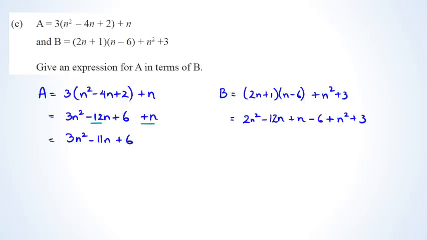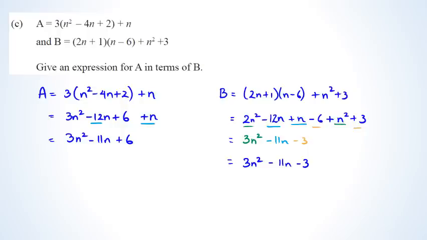Okay, so once I have this, I need to simplify this. So collecting my like terms, I have 2n squared and n squared is 3n squared. Then I collect my n's, which is going to be negative 11n. And of course, finally, my two numbers, which is minus 3. So this could be written as 3n squared minus 11n minus 3. So now it's just a matter of writing a in terms of b. So because b equals 3n squared minus 11n minus 3,